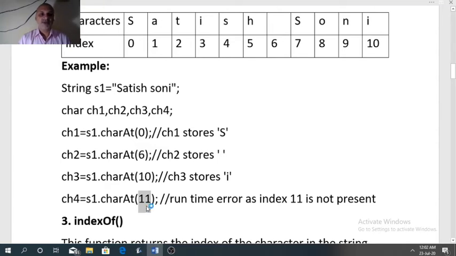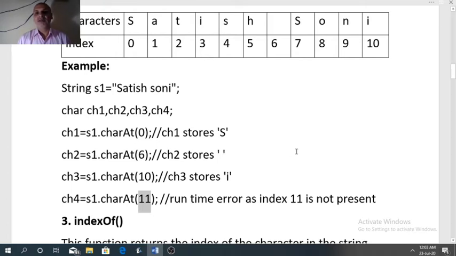The program will compile because the syntax is to enter an index inside the bracket, and the index can be any integer value, so we have entered an integer value, so the syntax is okay. But during runtime, when we execute the code, the compiler will search which character is present at index 11.